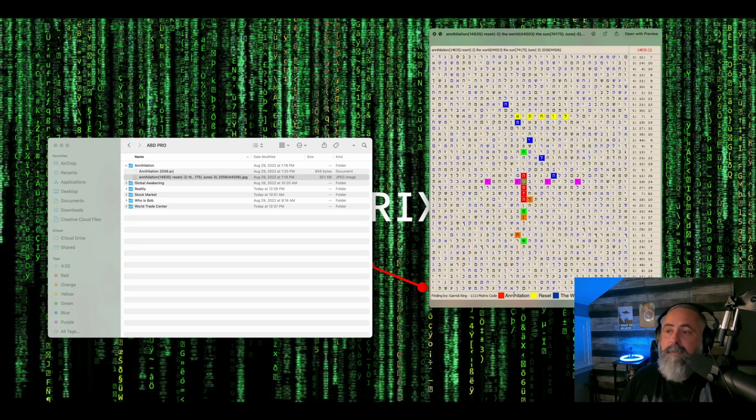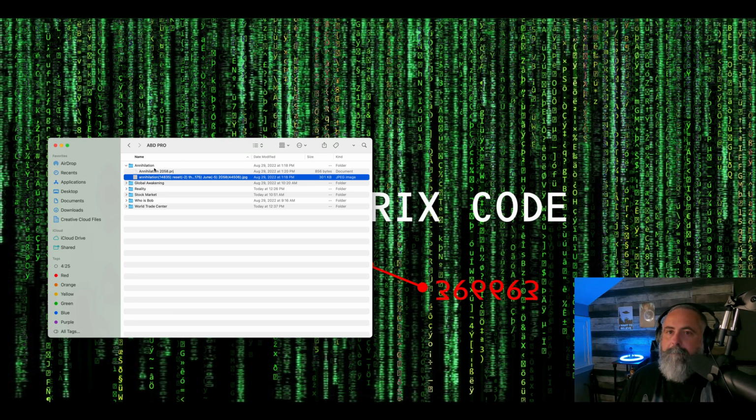But again, what are the chances that you would have June 2058, the sun, the world, reset, annihilation, all right there together, and it's all talking about the exact same thing that's been being described to us in the 1111 matrix code? Pretty wild stuff. Okay, the last one that I want to show you is there's a couple of videos on